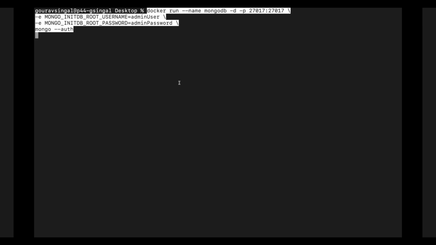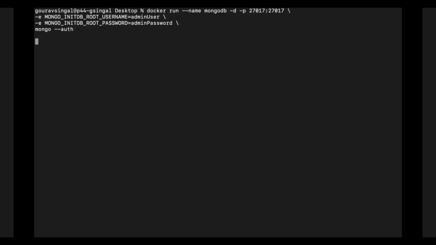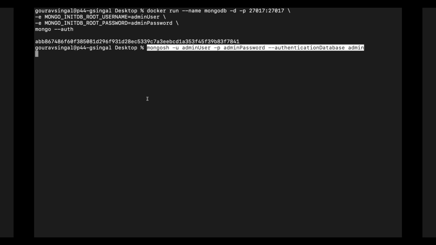We need to pass the auth flag to the MongoDB command inside the container. So first of all, let's create the container again with auth enabled. So we have created the container. Now let's log in with the admin credentials.